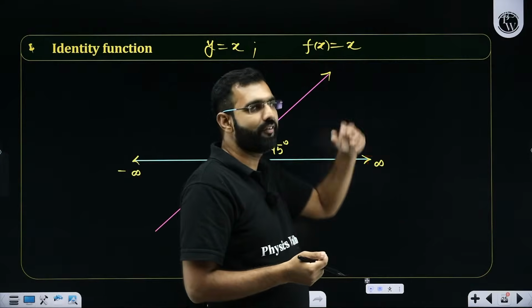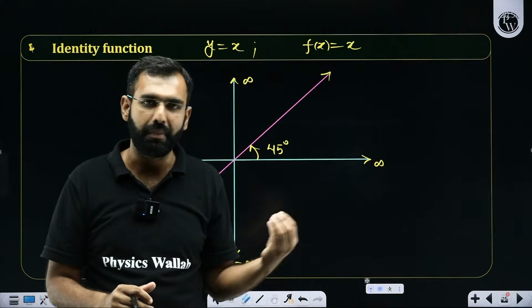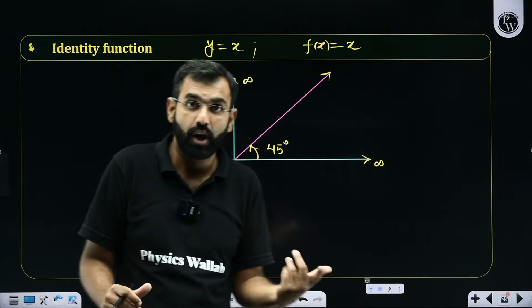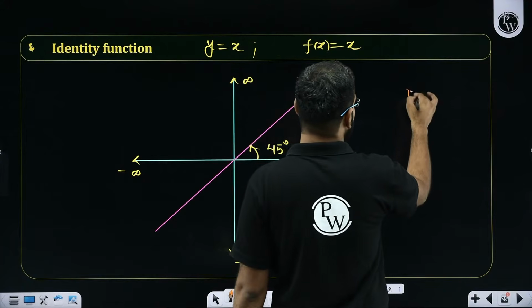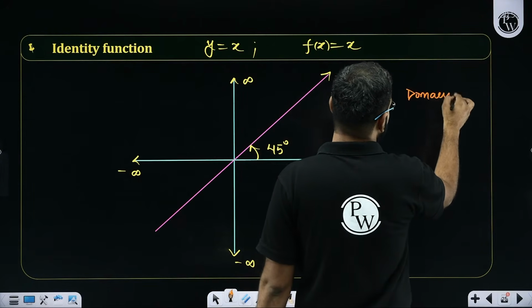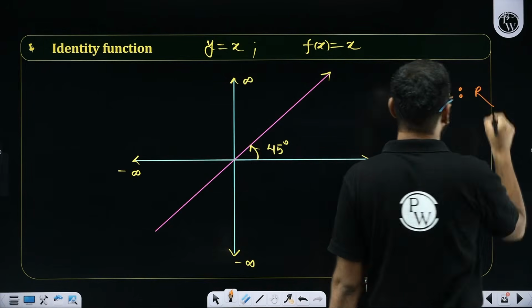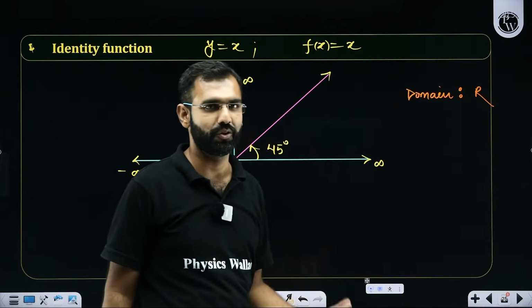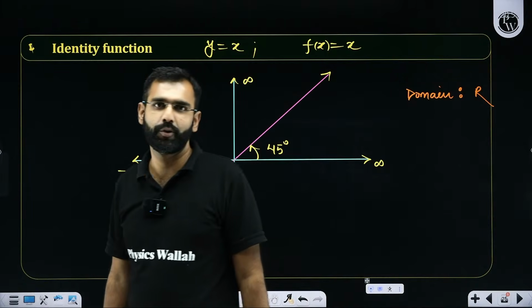It's a polynomial function of degree 1. And polynomials can process any input. You pass them any value, they can process it. Which means what? If you ever ask me the domain of this function, what will you say? The domain of an identity function is the set of real numbers, that is minus infinity to infinity. That's good, Vijay. I'm sure other students were also able to crack it.